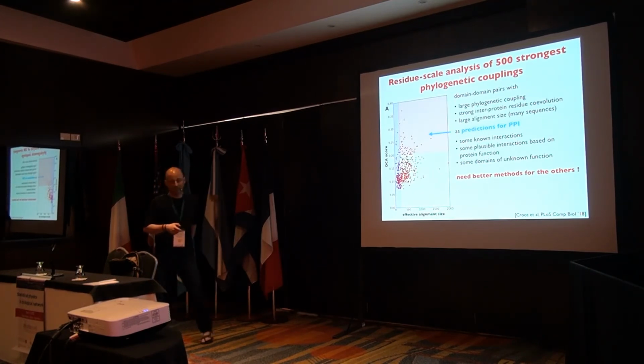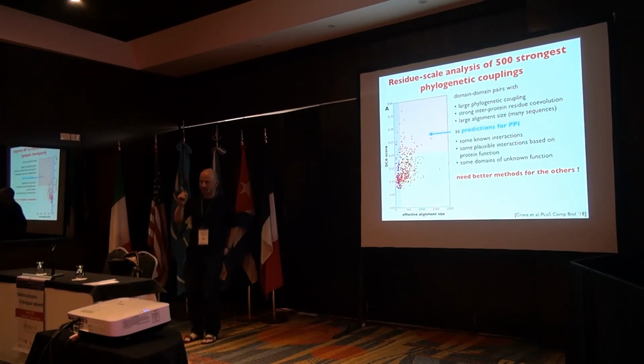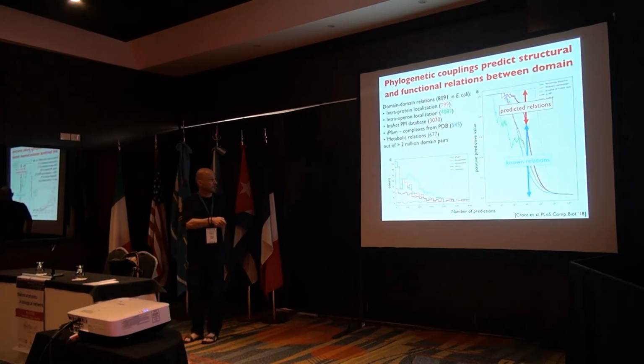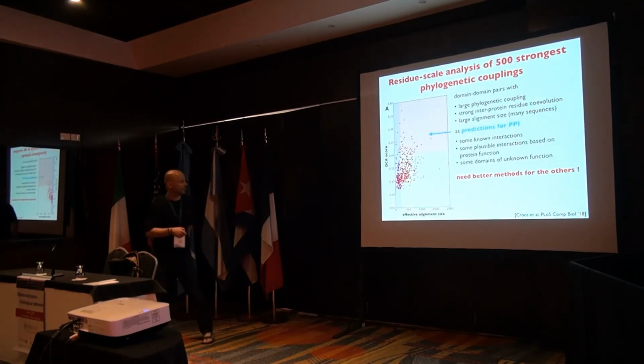And the ones, actually I should say the ones which are not in the positive set. So only the ones which correspond to what is not in the positive set here, the first 500. And you see that there is some region where actually you have relatively large alignments. So you have enough data to detect coevolution. You have large couplings, so we have empirically defined some score before, which is something like 0.2, whatever this means, and you have some points which are up here.